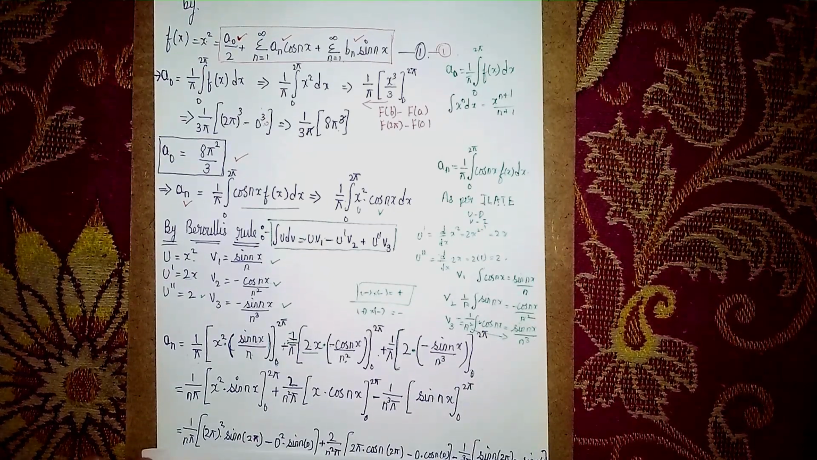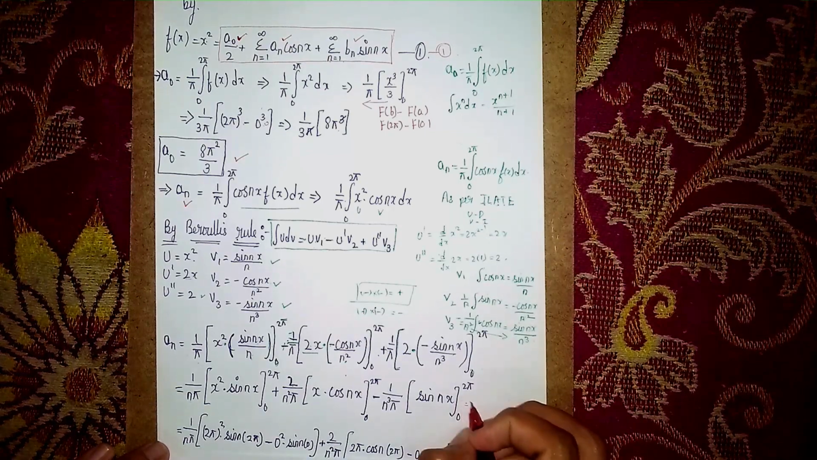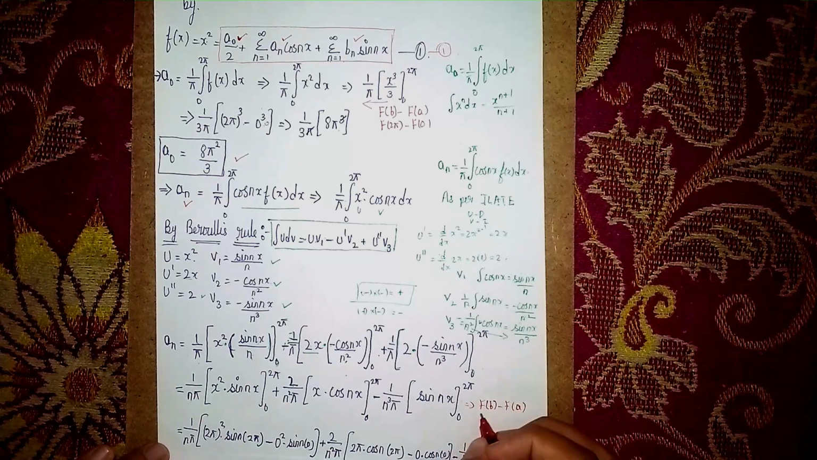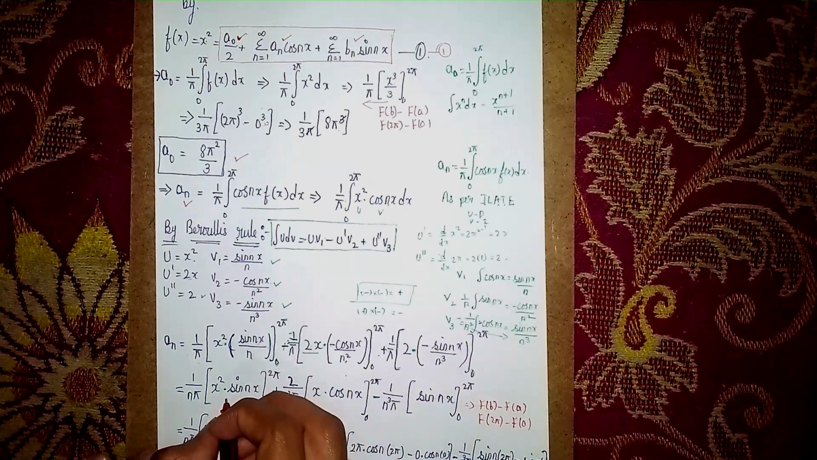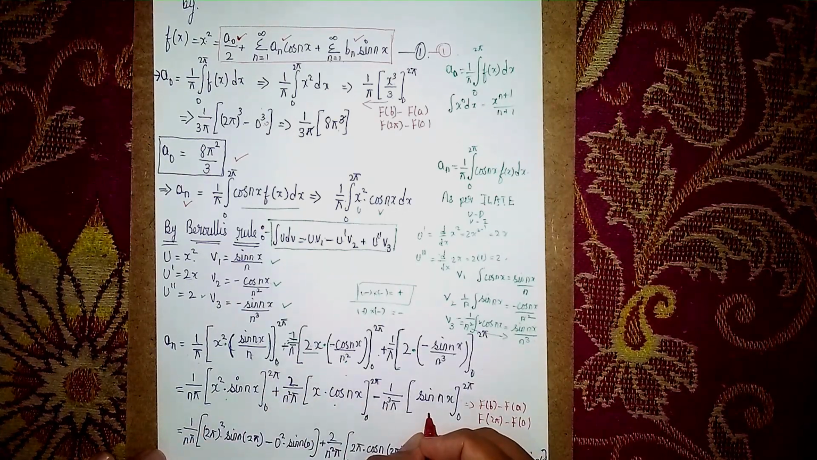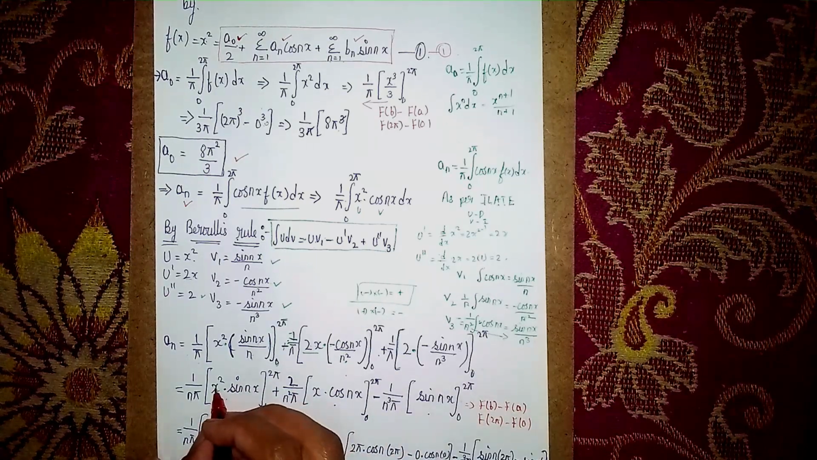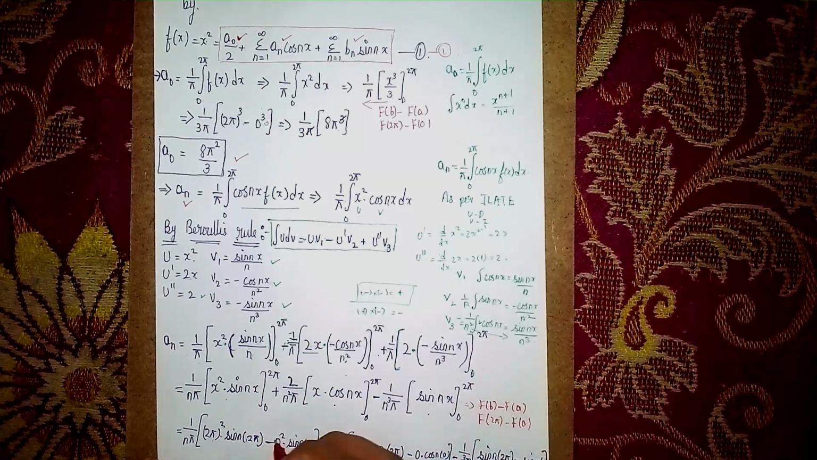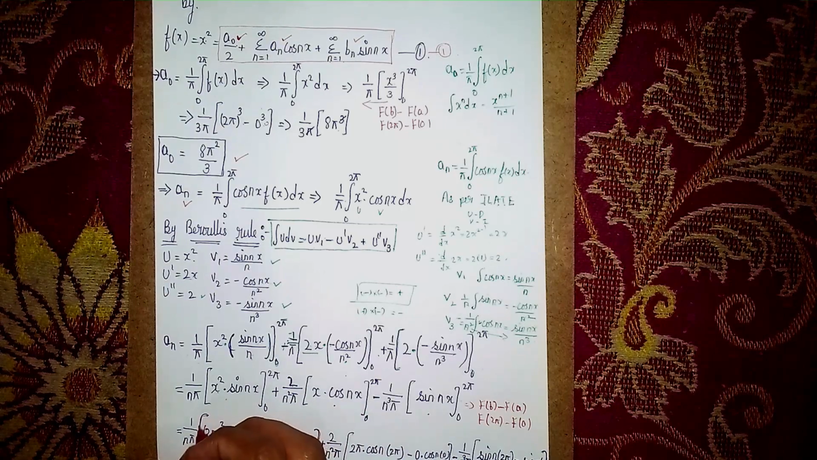Now how will we apply the limits? Applying limit means fb minus fa, where b is 2 pi, a is 0. Now I'm simply applying first, here fb minus fa, then here fb minus fa, then here also fb minus fa. First, x square, here substitute 2 pi: 2 pi square into sine 2 pi, then minus of 0, 0 square into sine n into 0, instead of x you have to substitute 0, then close the bracket,